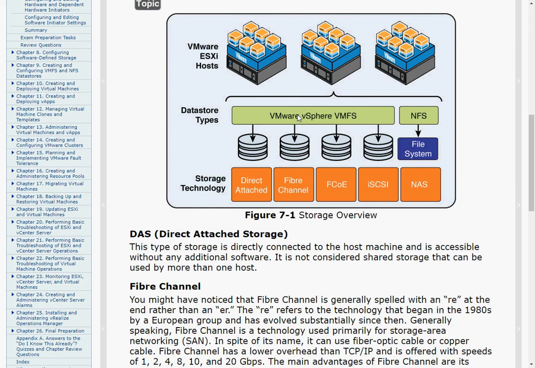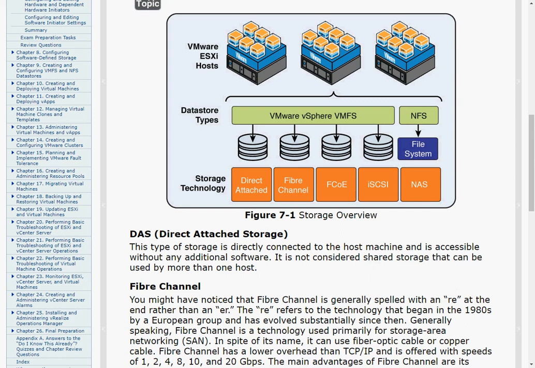It has incredible speeds, anywhere from 1 to 20 gigabits per second currently. It can use either fiber optic or copper cable, like unshielded twisted pair. It is just a great technology. The problem is it's expensive, and that's really the rub. You have to have a fabric, so you have to maintain that fabric